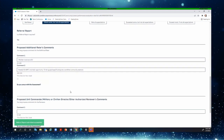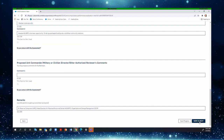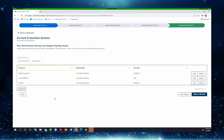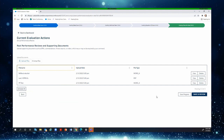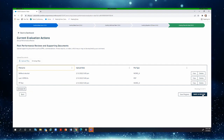So then you will continue to go through the form just like you would any other way. Make sure that everything is good and hit save and next. Again, this is where you're going to put in your referral memorandum, and this is also where the ratee will upload their referral rebuttal as well, just so that everybody can see it and it can be considered throughout the rest of the